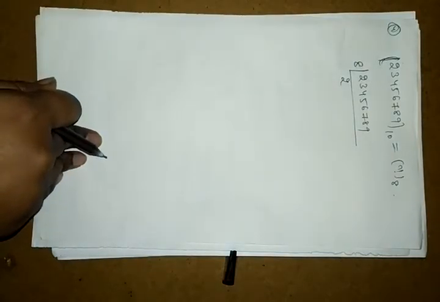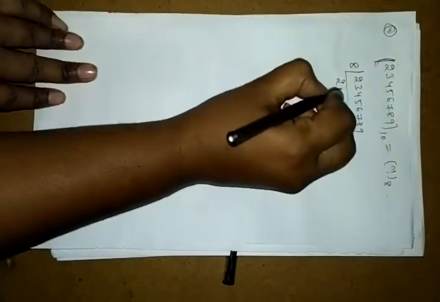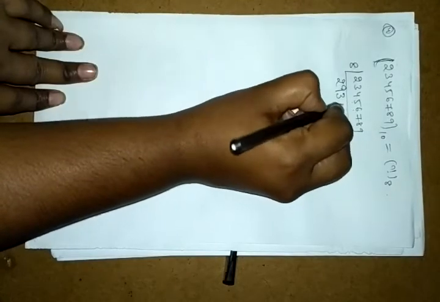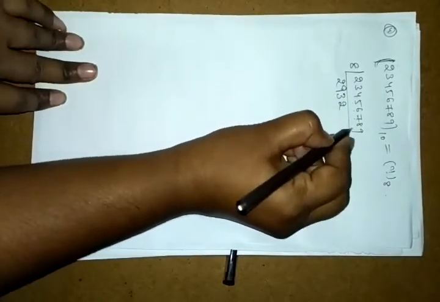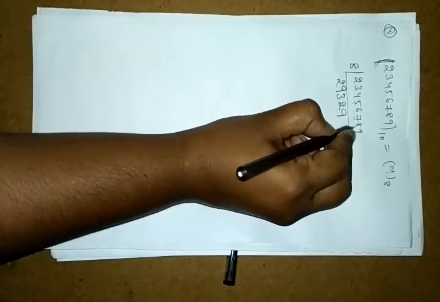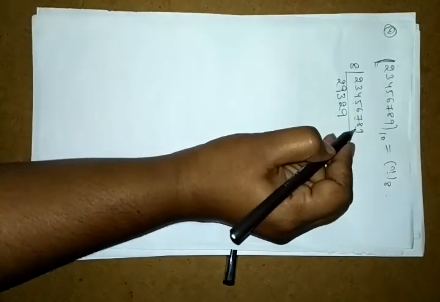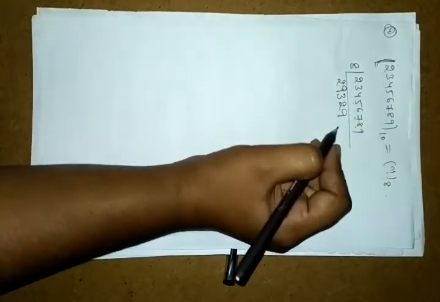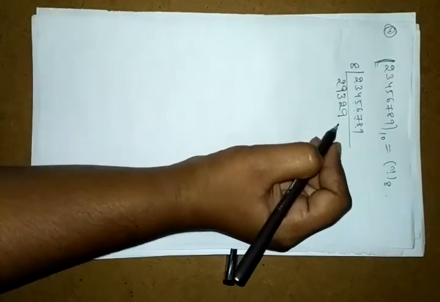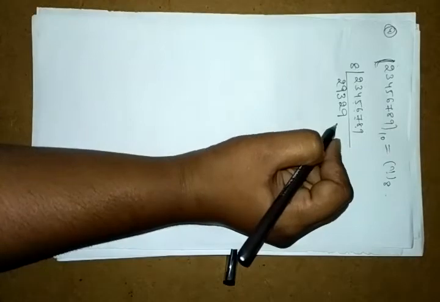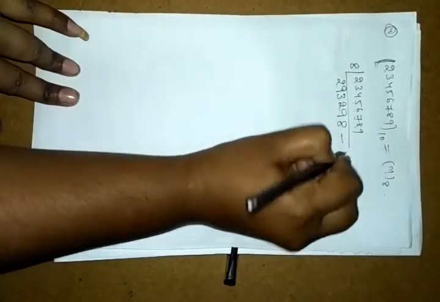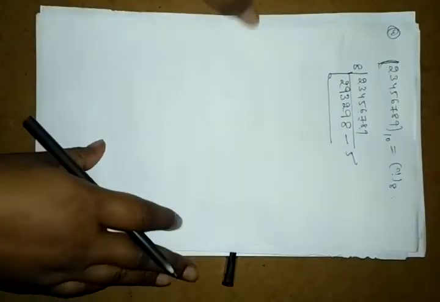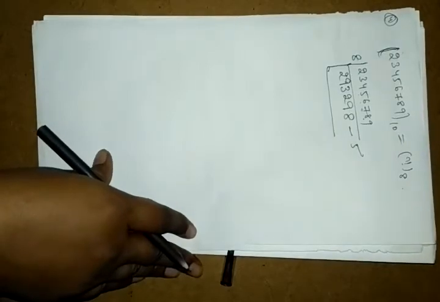74 we have. Okay, 74 means your 8 9s are 72, again we left the 2. 25. Okay, 8 3s are 24, we left the 1. 16, 8 2s are 16, 7 we have, nothing. 8 9s are again 72. So we'll get this 6. 69. Okay, so we have the 69. 8 8s are 64, means here we'll get 5 left. So carefully we need to do, otherwise we'll get some confusion.